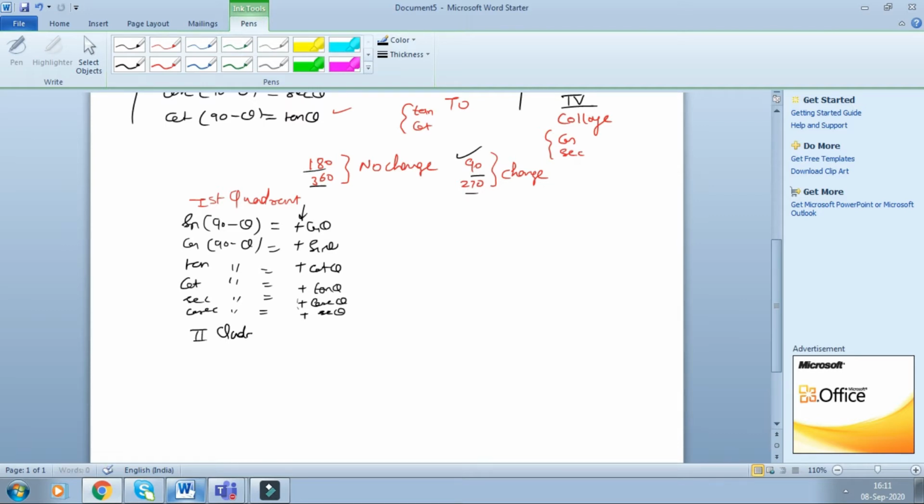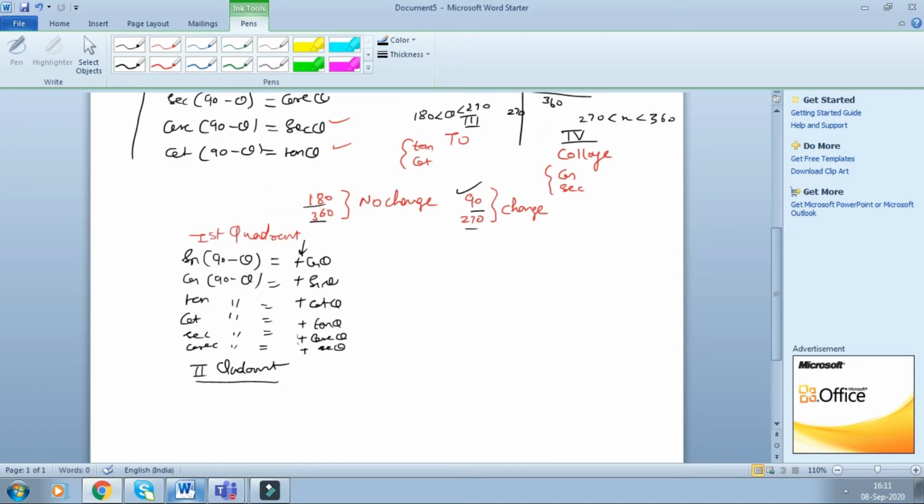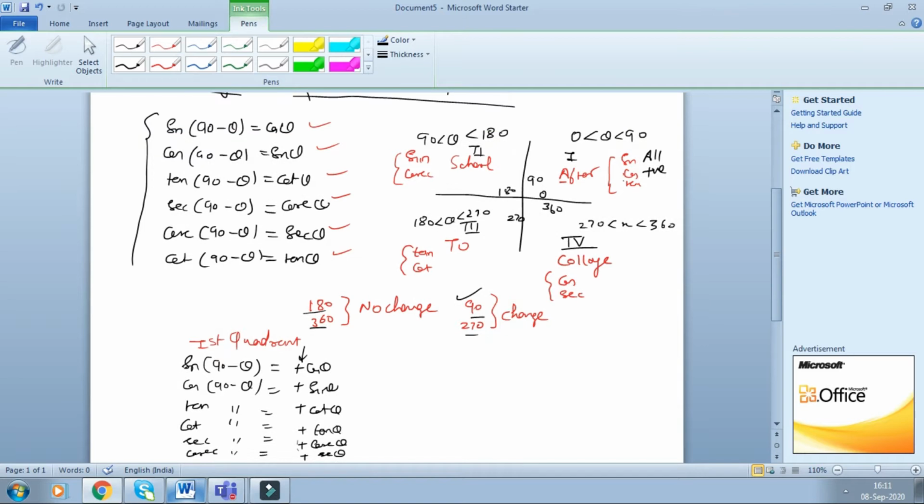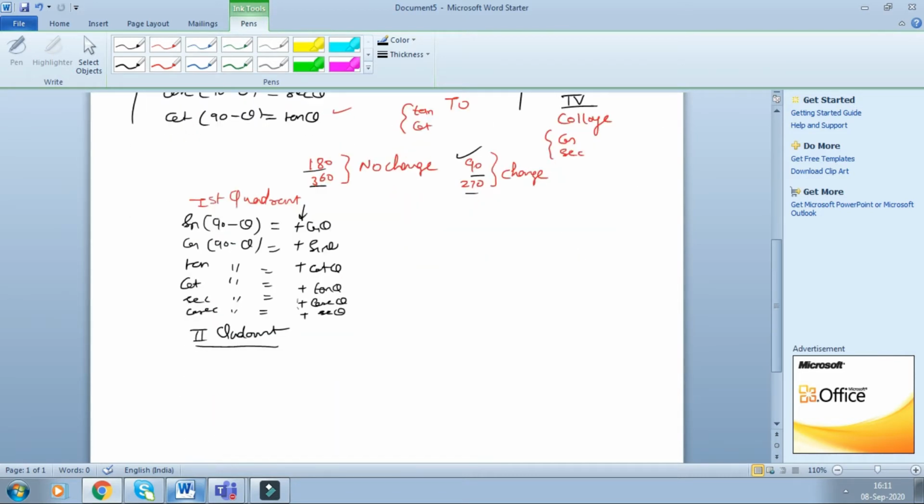Now if we want to write the formulas for the second quadrant, for this you have to write 90 plus theta, because anything 90 plus theta will fall into the second quadrant. So I just have to write, first of all, very quickly, sine 90 plus theta, similarly cos, tan, cot, sec and cosec. Obviously these formulas are not exactly the same as what we have written here. These must be something different. Now how they are different, I will tell you.